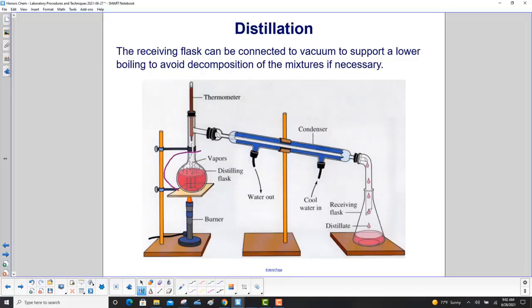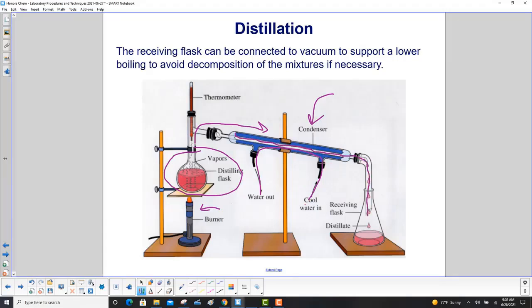So here we have our original fluid, and that's in the distilling flask. It's heated with the Bunsen burner. You have a liquid evaporating like this, and then it's cooled in the condenser. You have cool water in here, it flows through, comes out this way. Now this water is not connected to the gas that is condensing here. They're separate. And then finally, the gas turns back into a liquid, and it's collected over here, and it's called